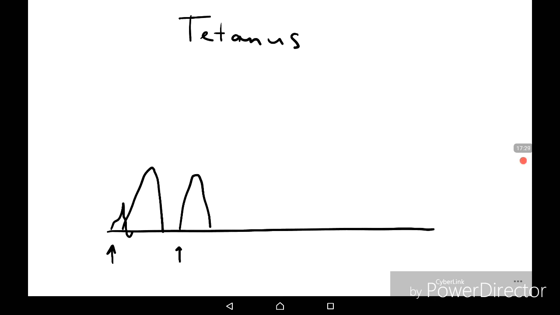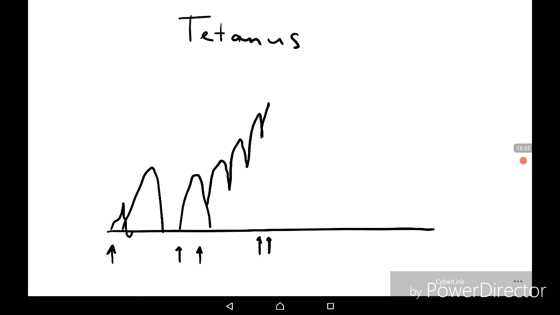So if another stimulus hits when the relaxation phase is over, we will have another single muscle contraction. But if we increase the frequency, and another stimulation hits during the relaxation phase of the previous contraction, then the muscle will contract, not completely relaxed. So it is called staircase tetanus.